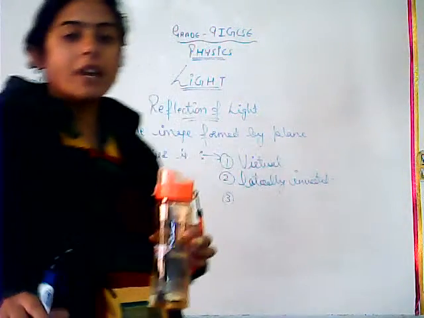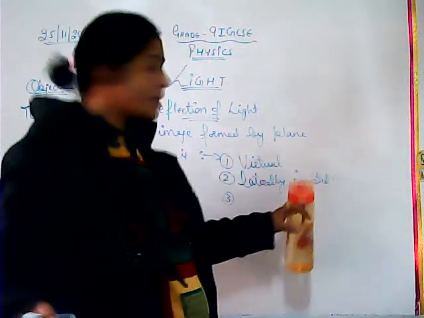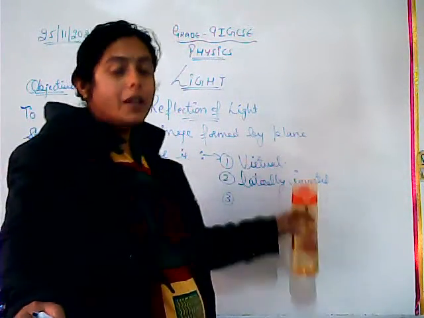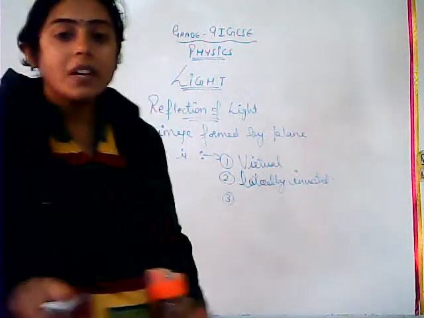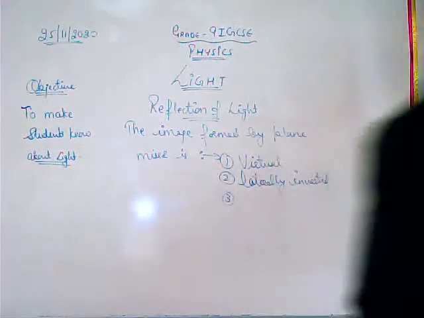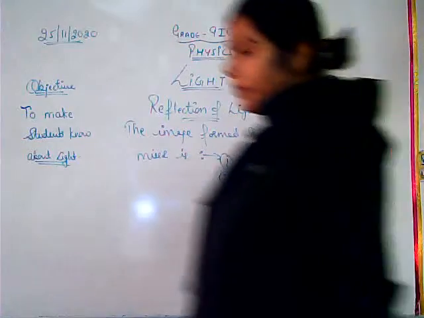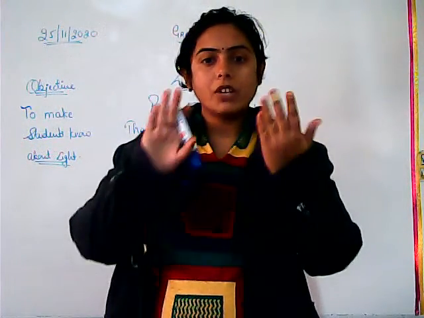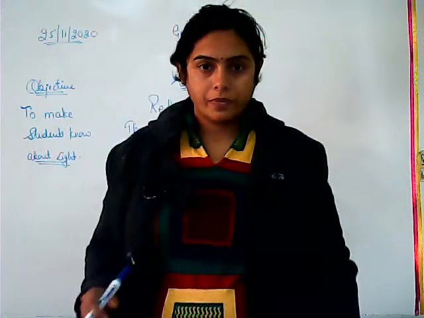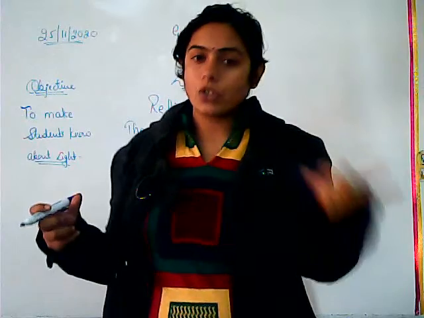Then we are going to have inverted image. Fine. So in this case, inverted image will not be formed, but yes, you will be having laterally inverted. Laterally inverted means what? That inversion will be there, but not top bottom. Only the inversion is of left and right. Fine. Whatever you have on the left side in the mirror, that's onto the right.